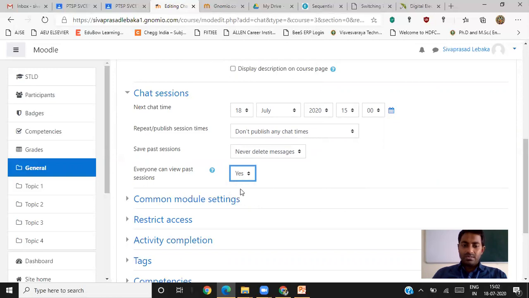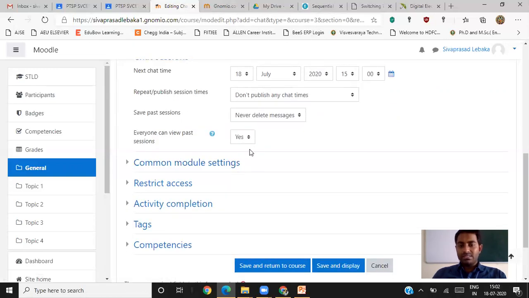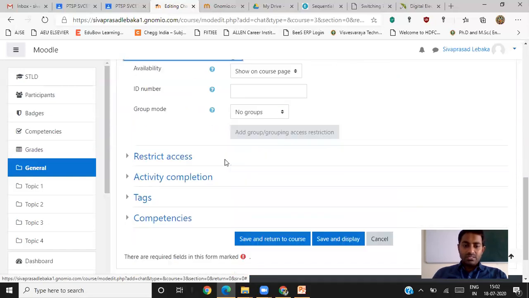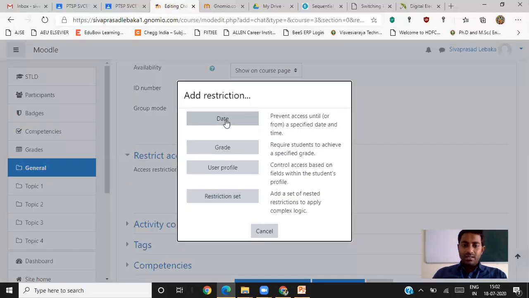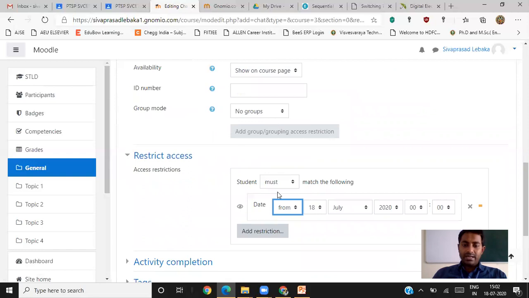Suppose I select yes, then whoever enters this particular STLD course can view all the chats done by all the remaining students. So those things are available. And there is an option called restricted access. If you click on add restriction, there is a date restriction and a grade restriction.